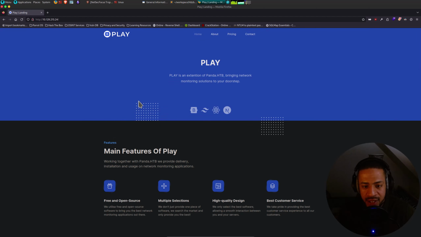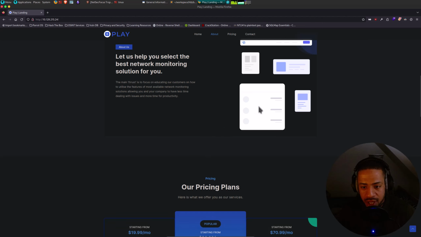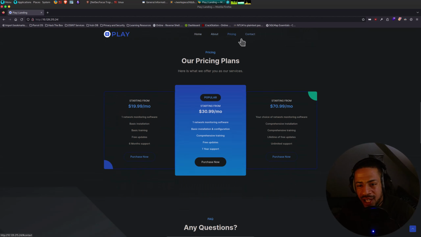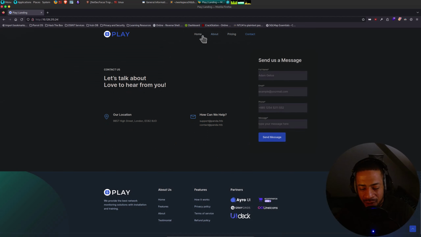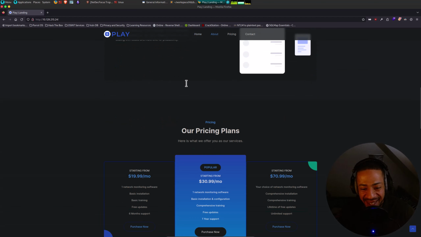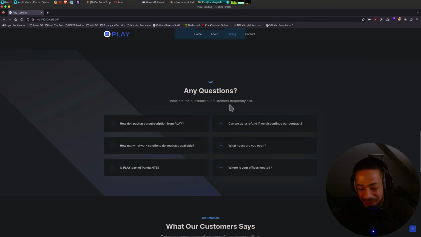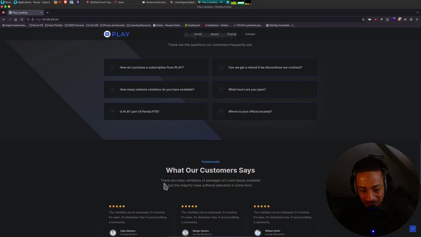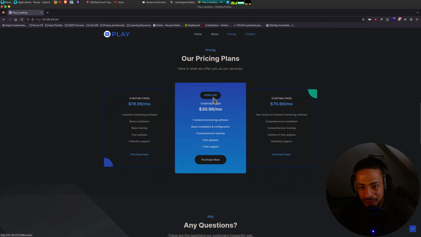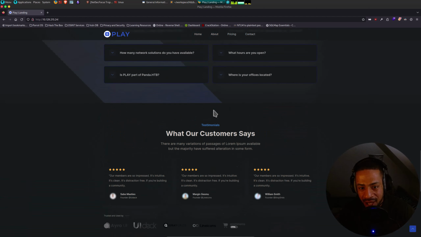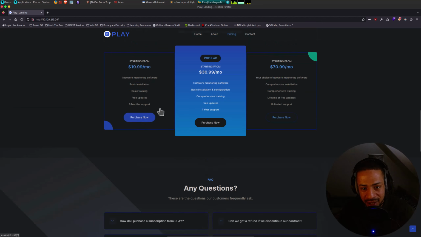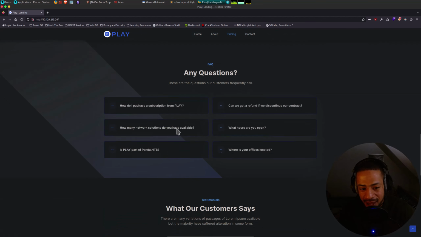Okay, we have a static page, it looks like. You can usually, after a while, tell when pages are static. They just look different. I don't really know how to describe it, but you can tell this is all just one page, especially if you click and it just always stays on the same page. And I'm guessing if I press purchase now, it won't do anything. There you go. See, yeah, this is